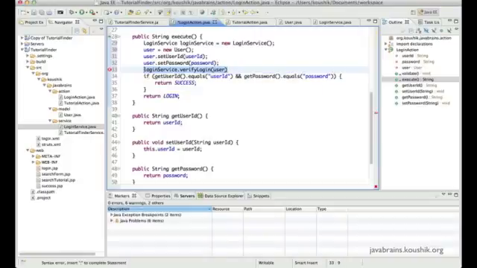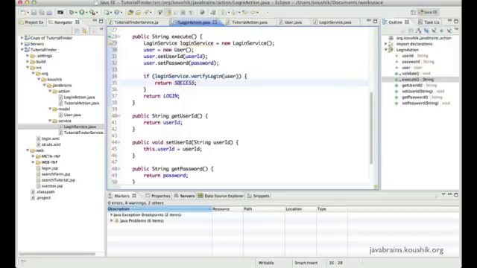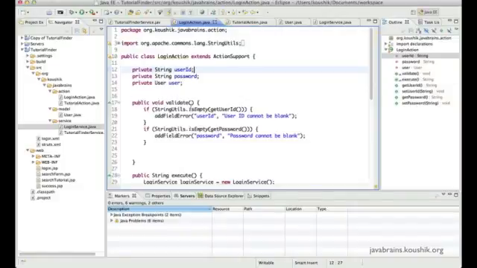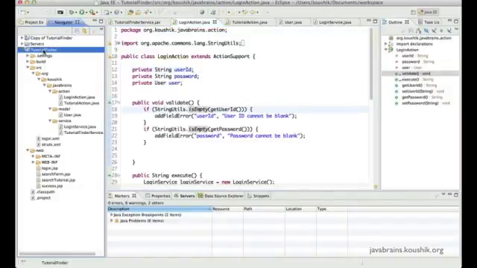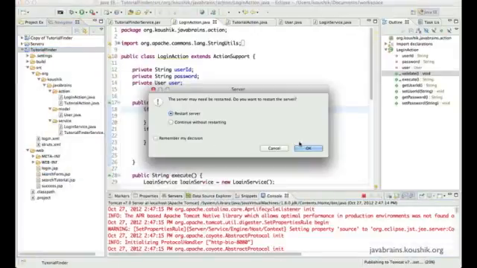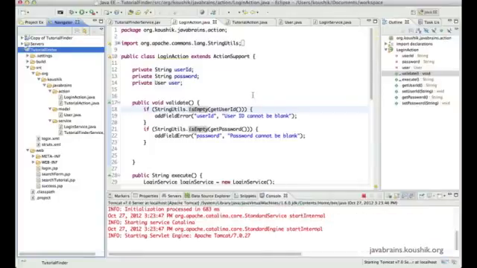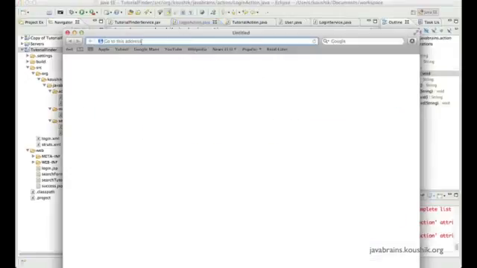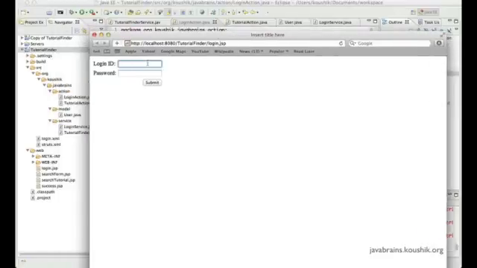So I'm not going to do a check over here. Instead, I'll just say if the login service verifies the user, then return success, else return login. Okay, so now let's go ahead and quickly run this thing. Open my browser. I'll paste the URL for login.jsp. Now if I enter user ID and password,